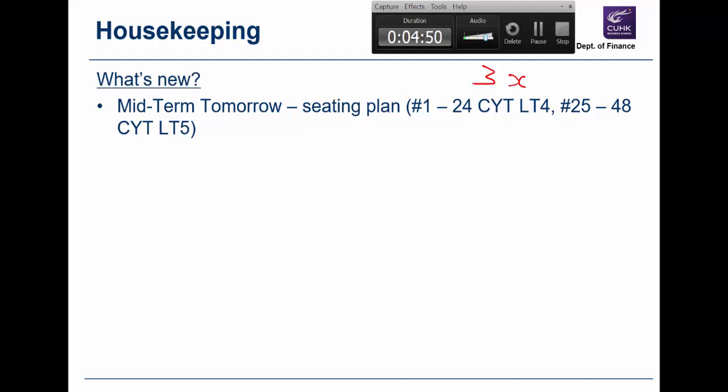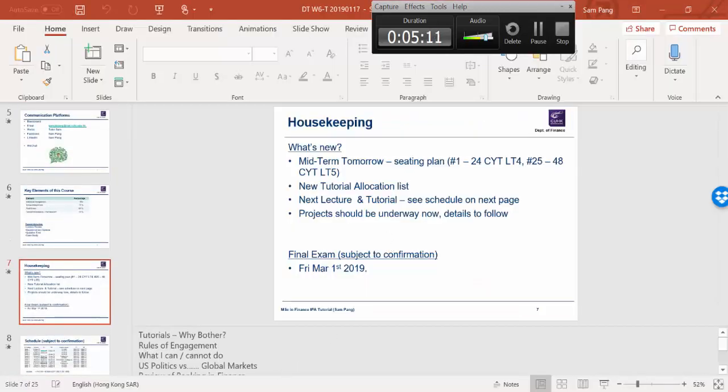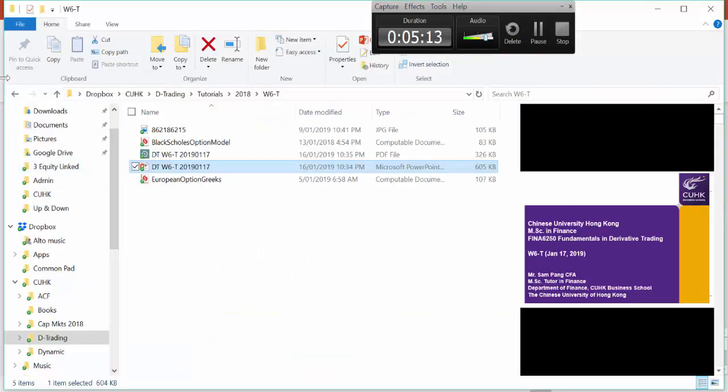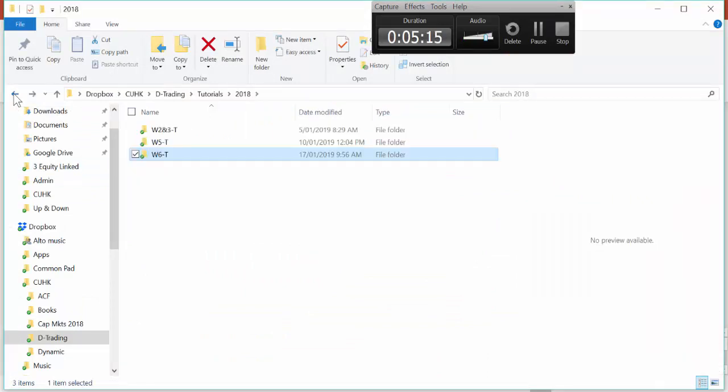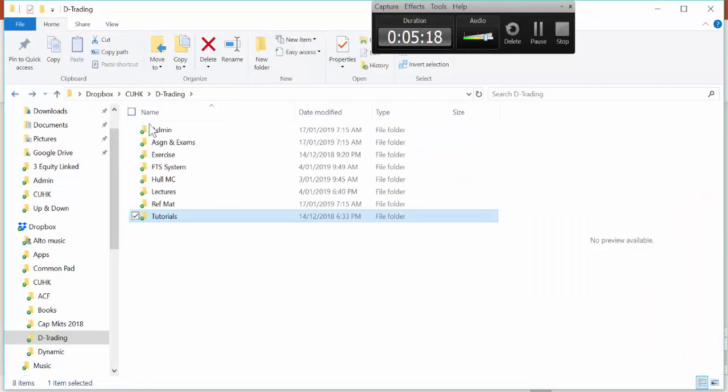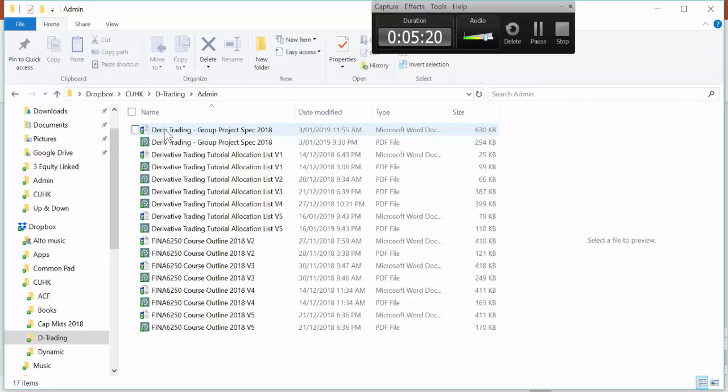So what we're gonna do tomorrow, we'll be in CYT LT4 and LT5. They are next to each other, aren't they? As the numbers would suggest, obviously. Now, what we will do, I don't mind to tell you now. If you go to Blackboard, you don't have to, but if and when you go to Blackboard, I now have a new